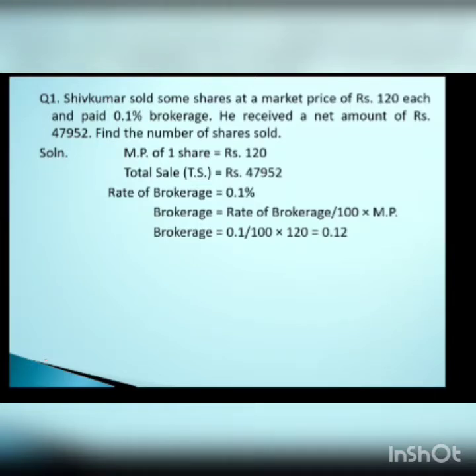So once you get the brokerage, the next step is to obtain the selling price per share (SP). The selling price per share का फॉर्मूला मैंने पहले ही बताया था. It is given as market price minus brokerage. Do this calculation and let me know the answer of what you get as the selling price. SP कितना आ रहा है जरा बता दो आंसर.